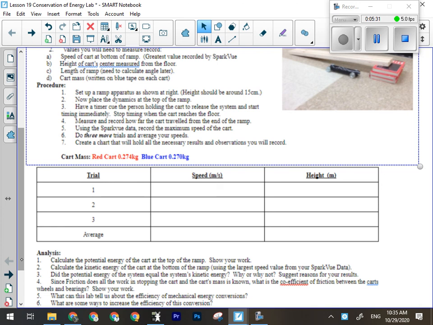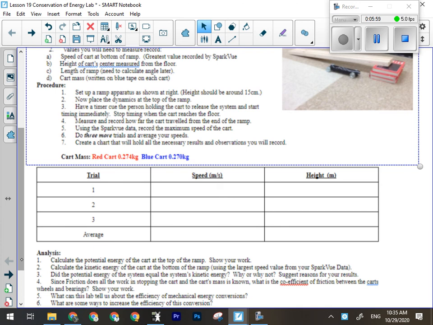25, and it's getting to be so high that you don't collect enough data before it reaches the bottom of the ramp. On that note, I would set the data collection rate to 20 hertz, if it isn't already there, because it's usually, I think, 10 by default. It's in the bottom left corner of the display in SparkView when you're setting it up. Set it to 20 hertz so that it takes 20 measurements per second while the cart is rolling